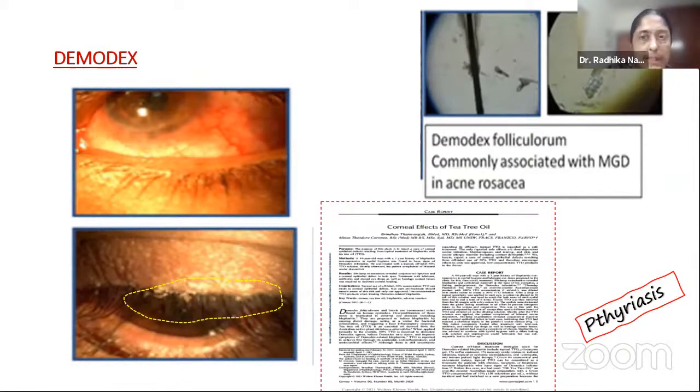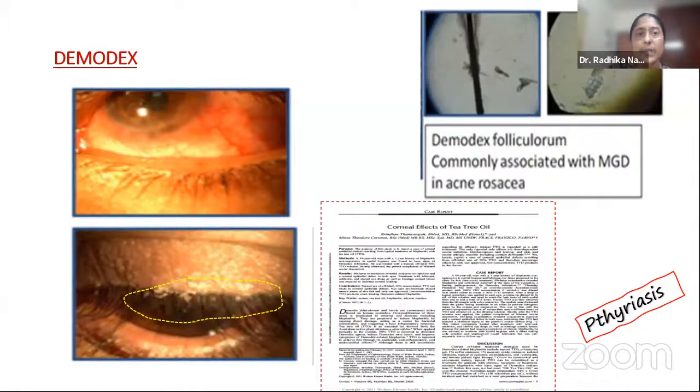So we saw that there could be oil on the lid, there could be dirt on the lid, there could be mite on the lid, and scaling it up one more notch, there could be lice on the lashes. Phthiriasis palpebrarum, quite often associated with phthiriasis pubis. I don't have a picture over here, but it's quite commonly seen in people who can't take care of themselves, those in foster homes and orphanages, etc.